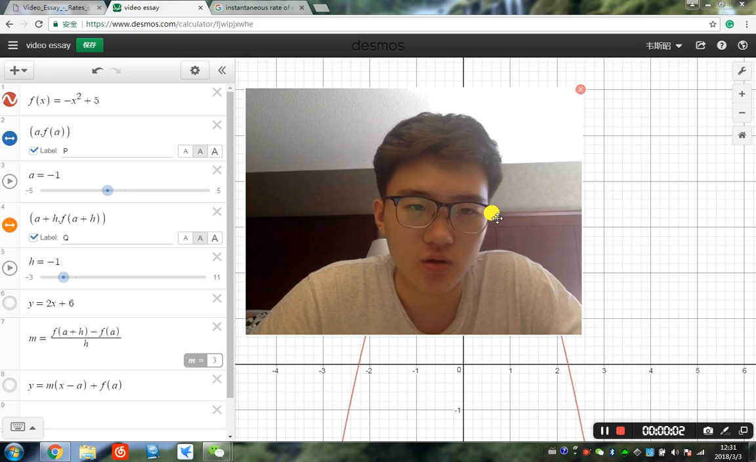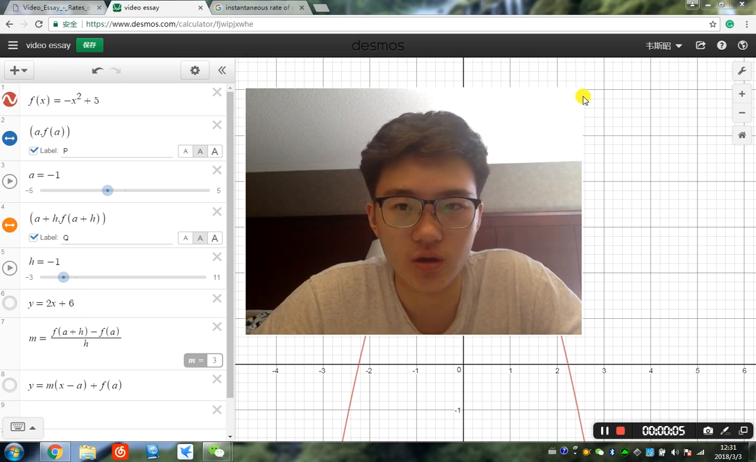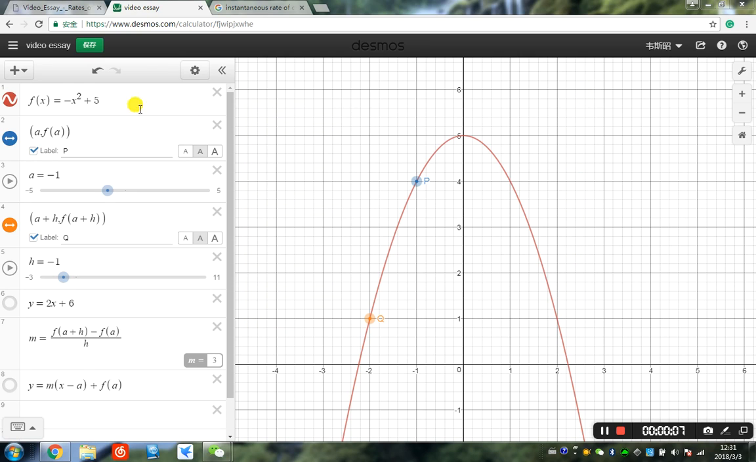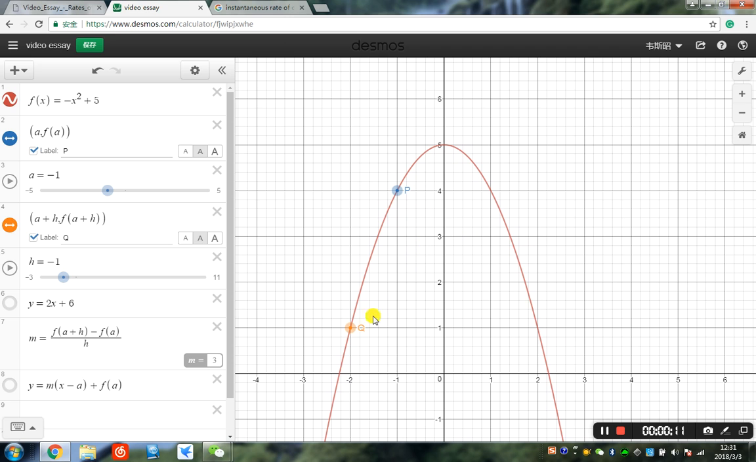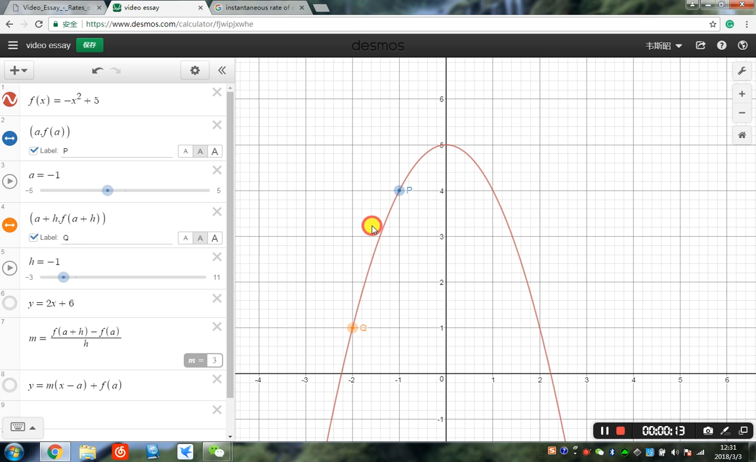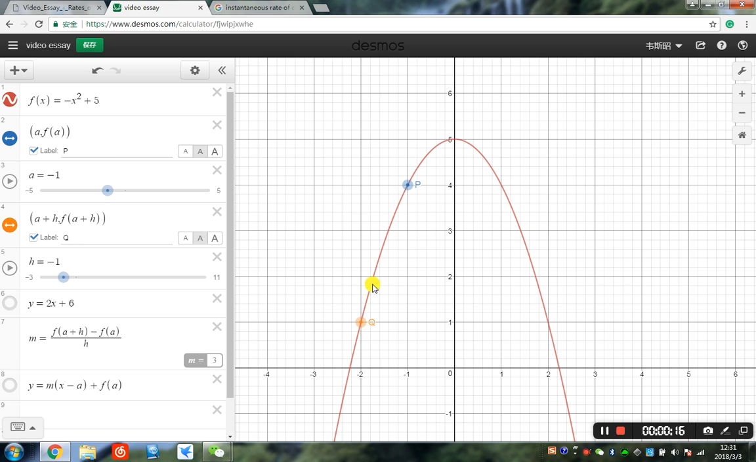Today I'm going to talk about the preceding way. Here is a function, and we've got 2 points, point P and point Q. Point P is (a, f(a)), as you can see here, and point Q is (a + h, f(a + h)). And because this is the preceding way, point Q can only be on the left-hand